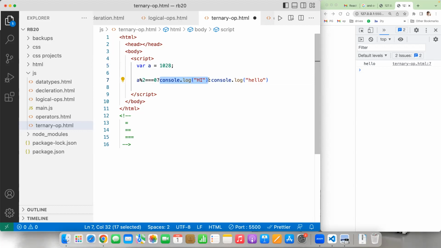Hi. So what is the output I am going to get now? Hi. But what should I print? If it is even, I have to print it as even. If it is odd, I have to print it as odd. So what is the output I got? Even. Now if I change the number,